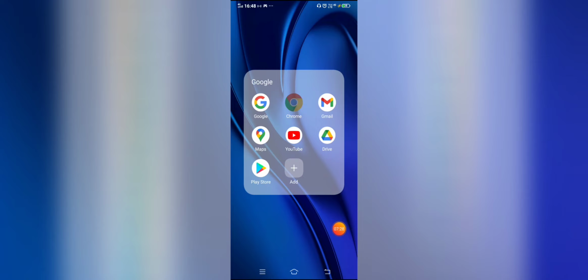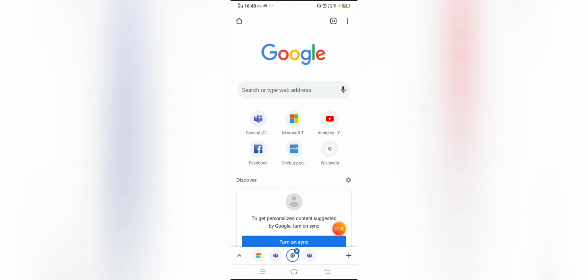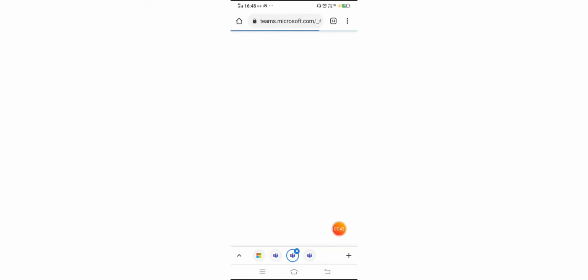I again go to Chrome, and here I get this Microsoft Teams icon and general class. I click here. The icon is already there. It may take you some time, or within 2-3 tries you will be perfect, and you can do it easily.